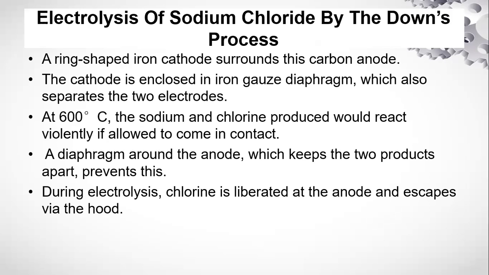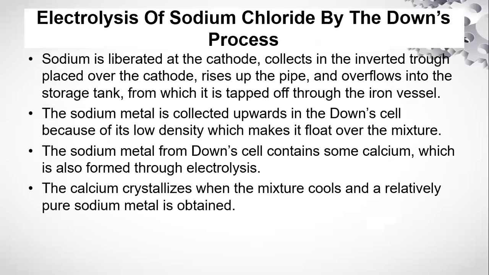During the electrolysis, the chlorine is liberated at the anode and escapes via the hood, as we've seen in the diagram. Sodium is liberated at the cathode, collects in the inverted trough placed over the cathode, rises up the pipe, and overflows into the storage tank